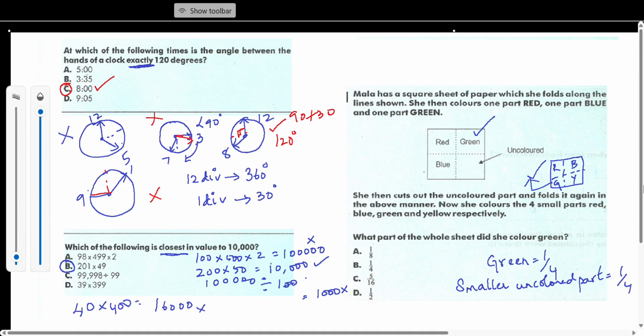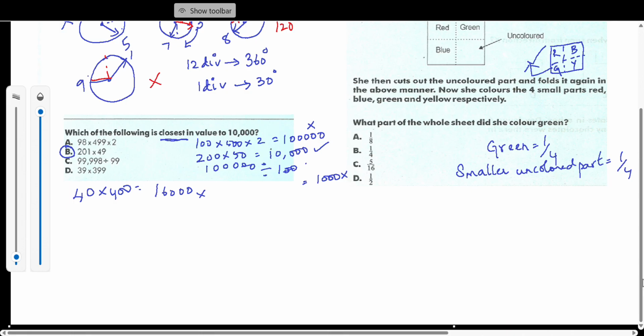Correct? Now, in that 1/4 again 1/4 means quarter of quarter. So, green in the small part is 1/4 of